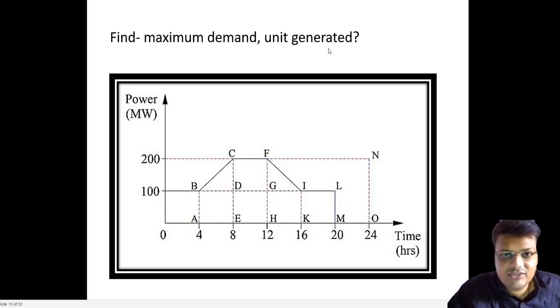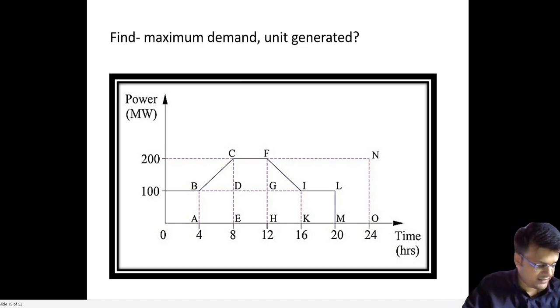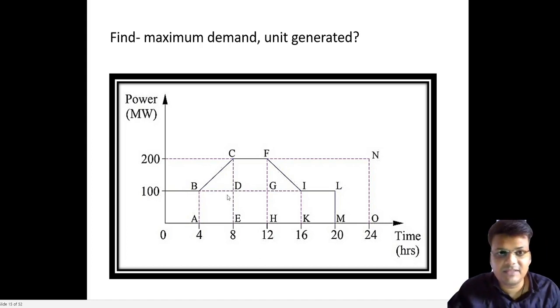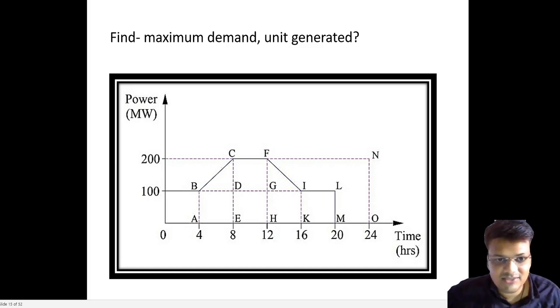So what is the unit generated in this diagram? Please calculate. Pooja Gupta 200 correct. Renu Maurya 200 correct. Anurag Gupta, correct. Akhand Prakash 200, Rahul Kumar, everybody has given the correct answer for the maximum demand. So please calculate the unit generated. Harsh Srivastava 200, correct. Now calculate the unit generated. Give me the answer. Do it fast. Section B, I already solved this question. At least you should have a very fast reply.